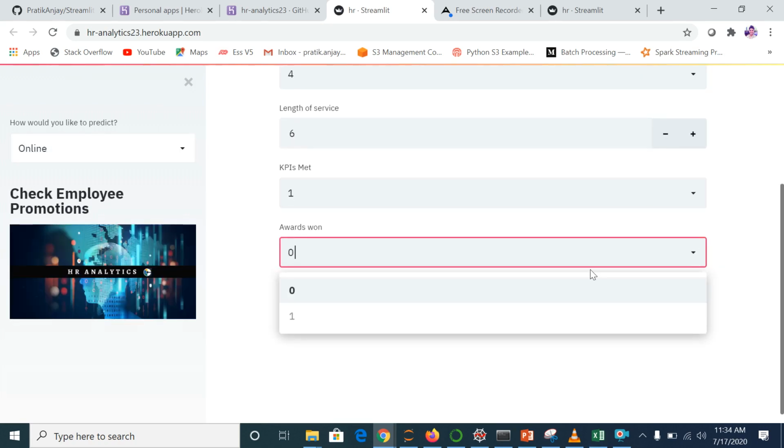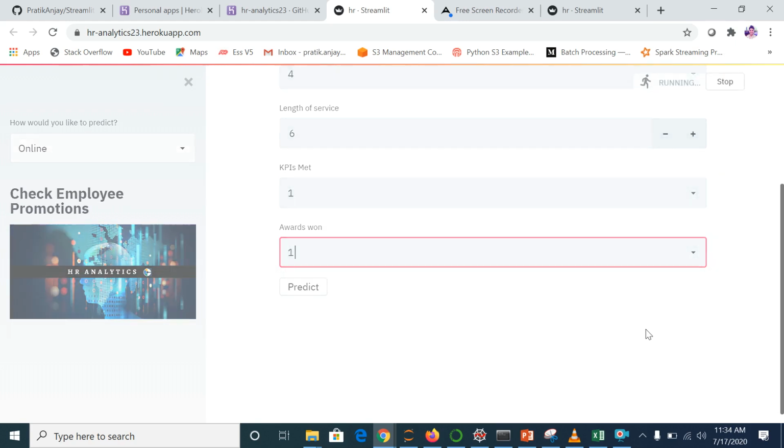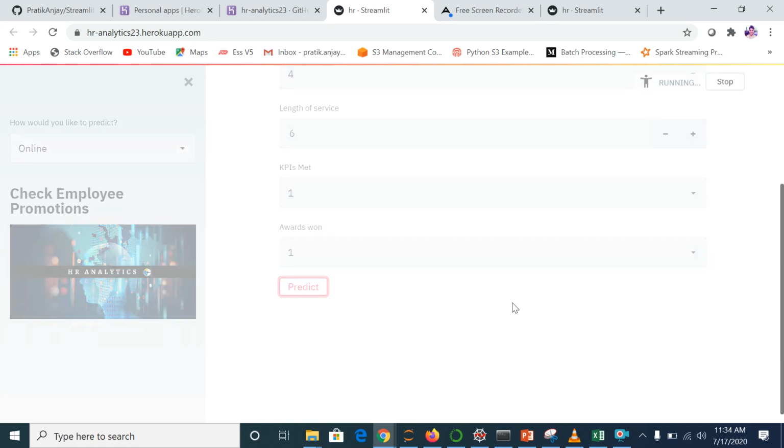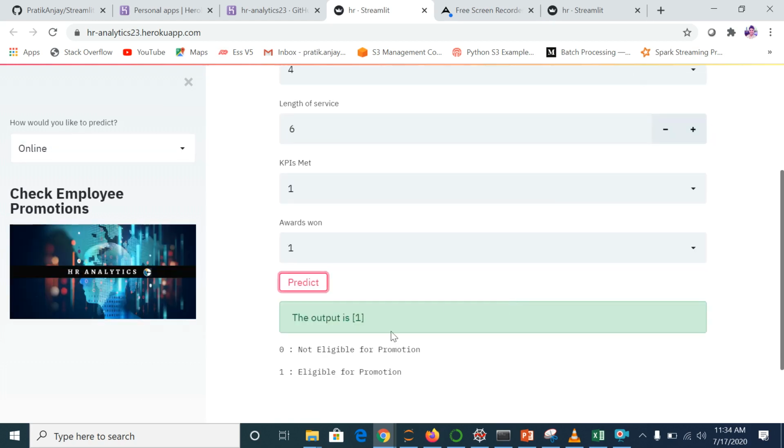He has received the awards also. So let me predict it. So yeah, he is eligible for promotion. It means deployment has been done successfully.